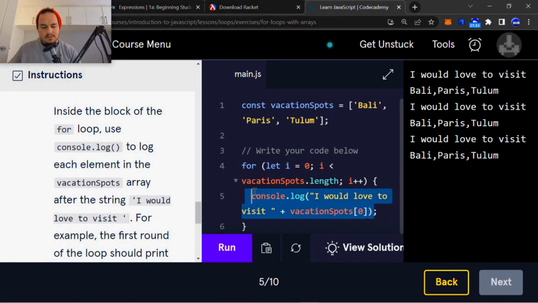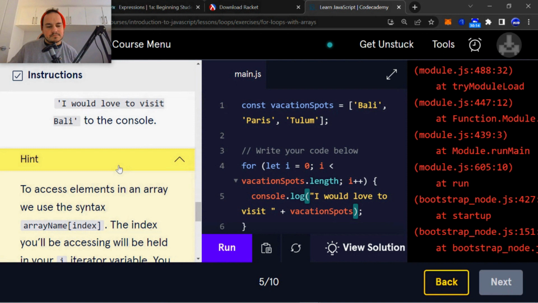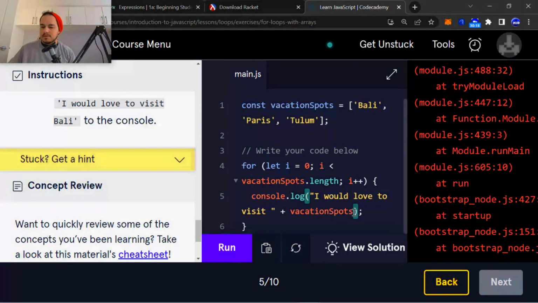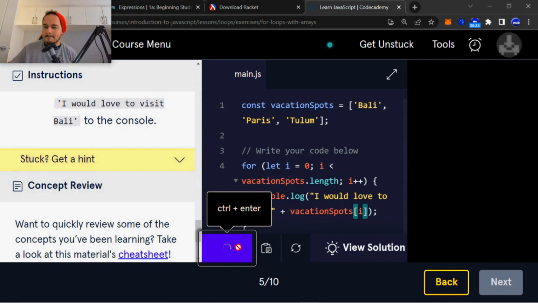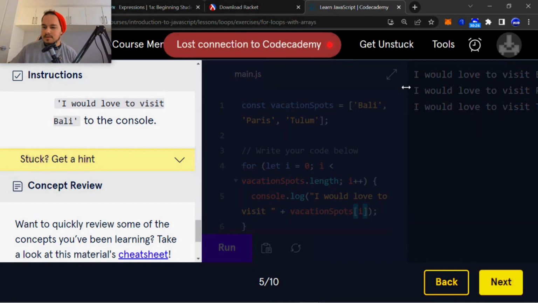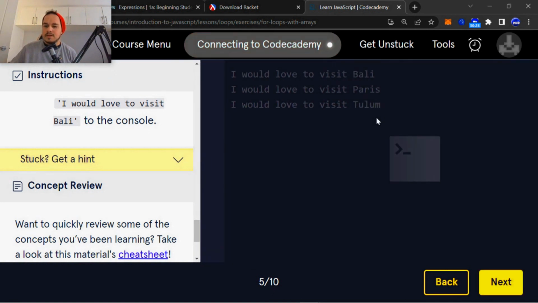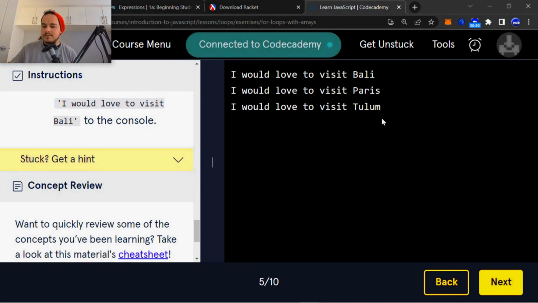So let me just use vacation spot at index i. If we run that, there you go. I would love to visit Bali. I would love to visit